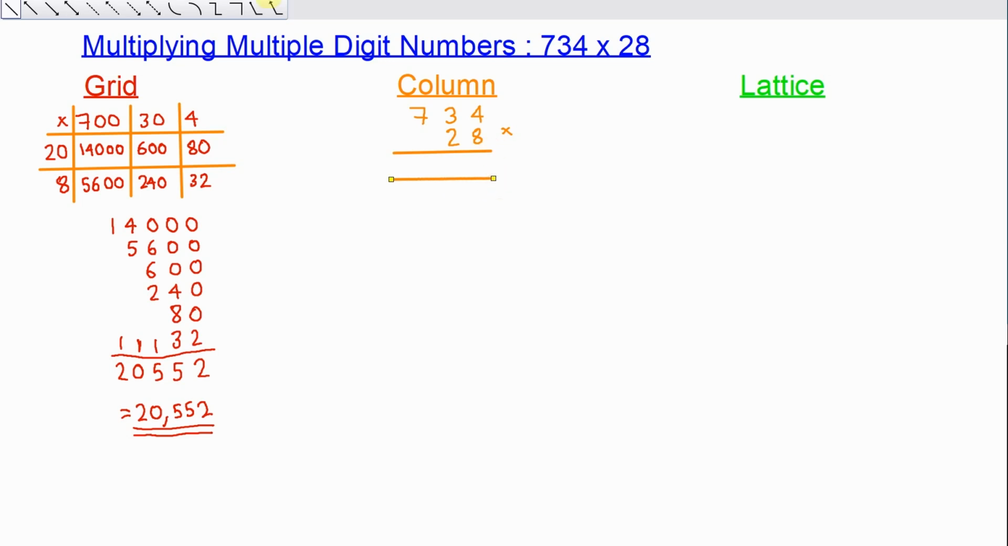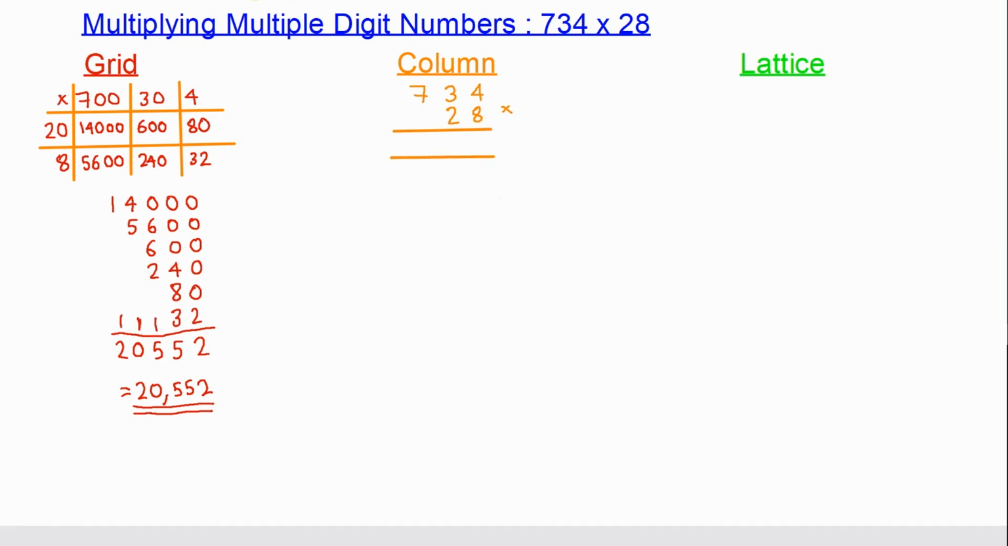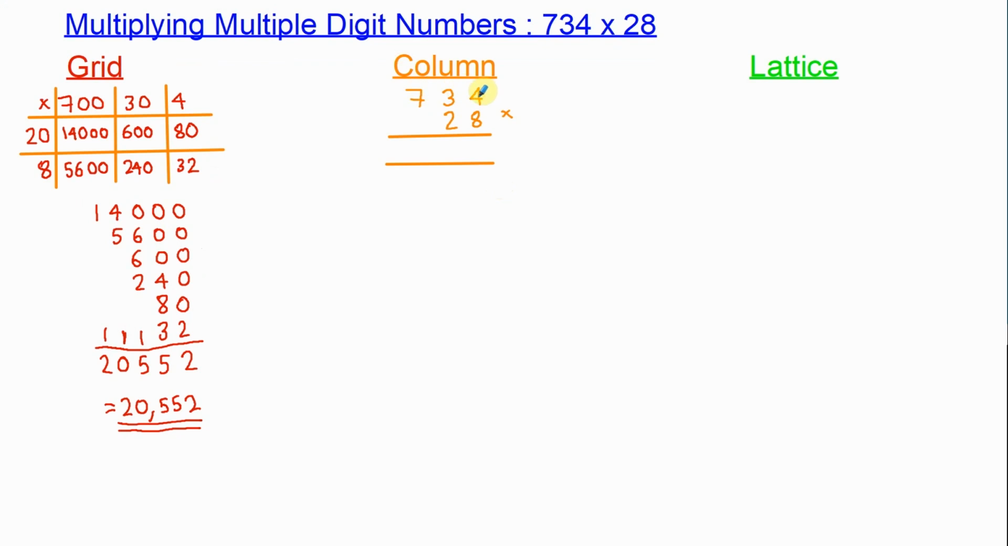Now, your first step here is to realise what we're going to multiply is the top line by the units here. So it'll be 4 times 8, 3 times 8, and 7 times 8. And what that gives us, so 4 times 8 is 32, 3 times 8 is 24, add the 3 gives us 27, and then 7 times 8 gives us 56, add the 2 gives us 58. Okay, once you've done that,